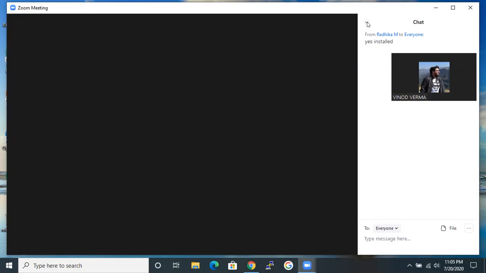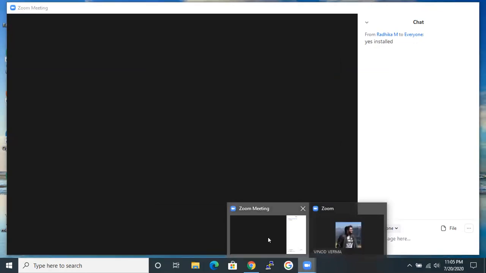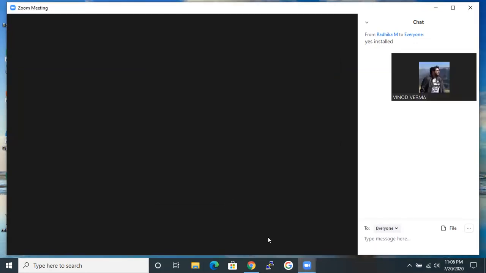What, it is not going? What is your RAM size and all? It is 512, I think. 512 MB? Your RAM, your complete system laptop? Oh my God.